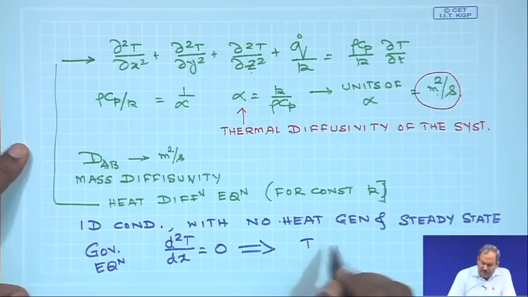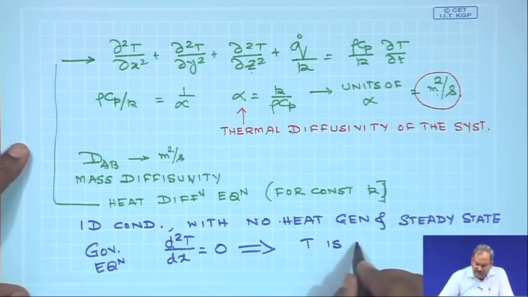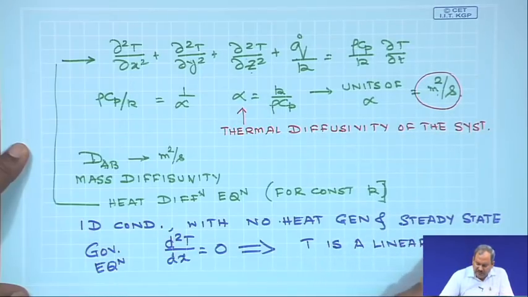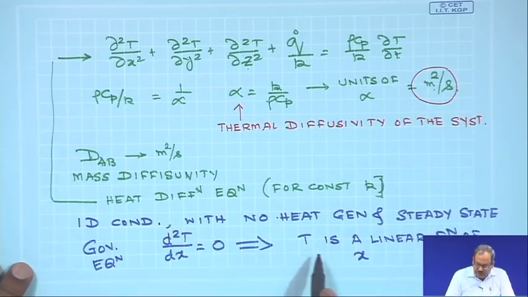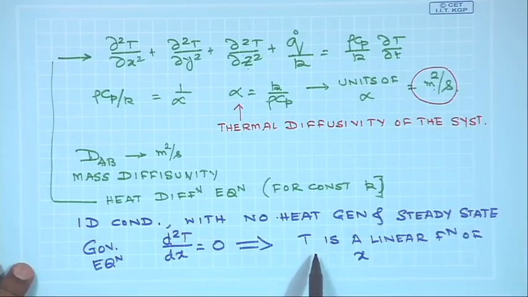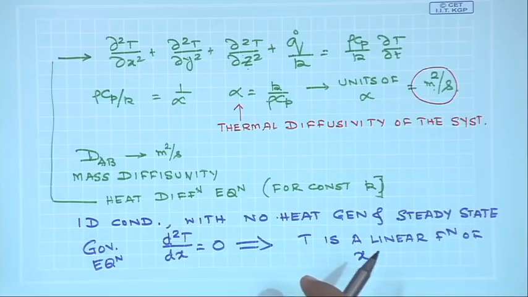If you solve this equation, then t is a linear function of x. So, if in a solid t is a function of x only and it is at steady state and no heat is generated in the system, then for that special case you are going to have a linear distribution of